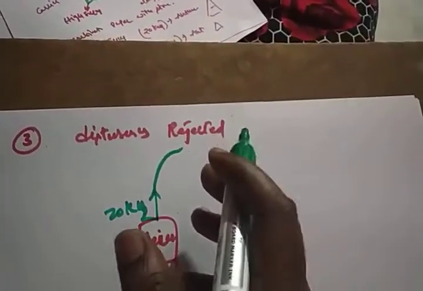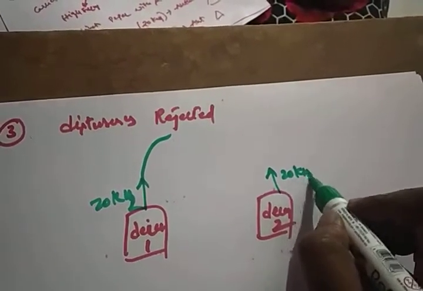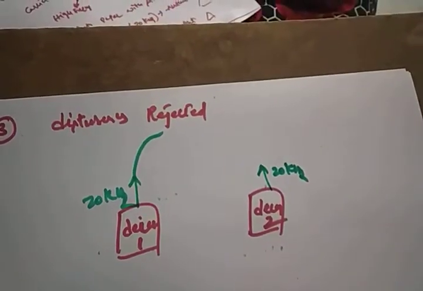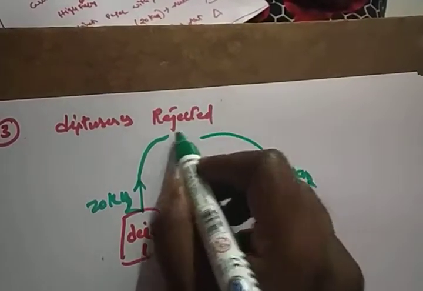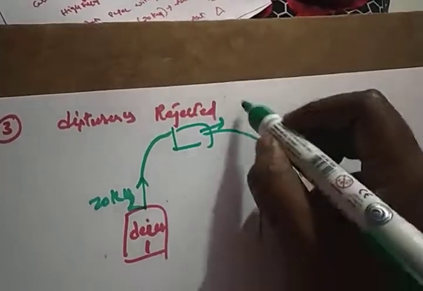Suppose you built a very tall antenna and you are transmitting this signal, right? Another device is there, and that device also transmits a signal of 20 kilohertz. So definitely what happens? These two signals are going to be combined. Definitely there will be noise, disturbances will be created. Right? So if you modulate it,